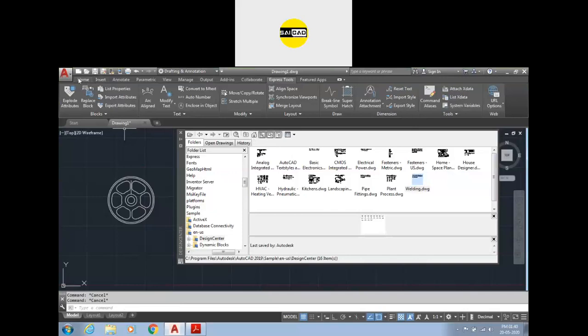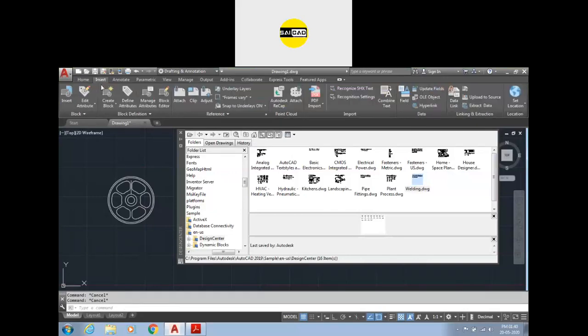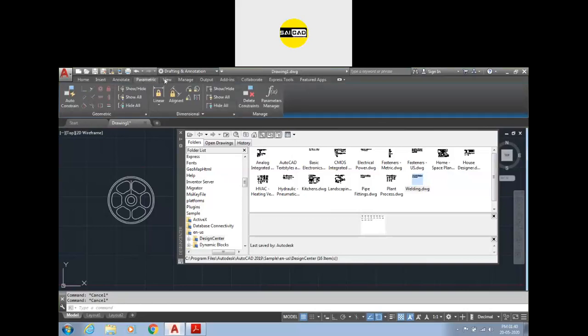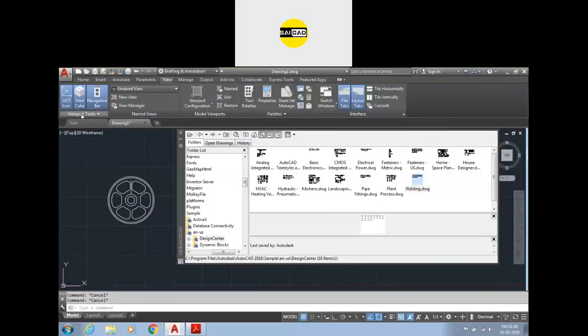So I think it should be here, in the insert. Okay, it is here, design center.